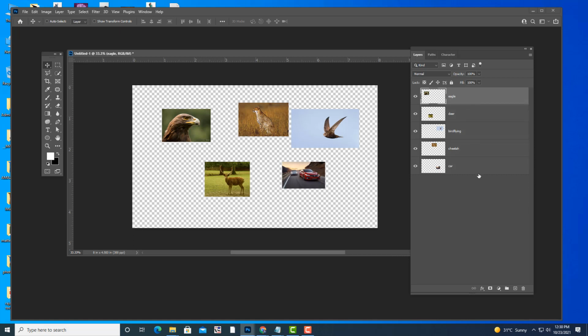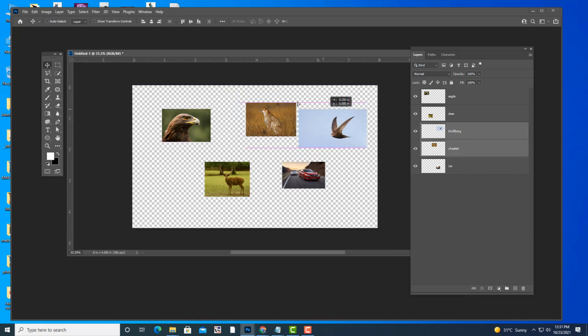And one more thing I want to tell you, without linking also you can operate with 2 or more images together. But there is one problem I will show you. For example, if I want to select this cheetah and bird flying, I have selected these 2 layers, and I have not linked. I did not click on this link icon.